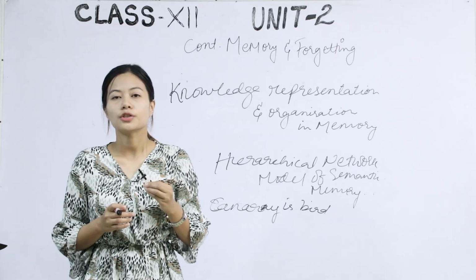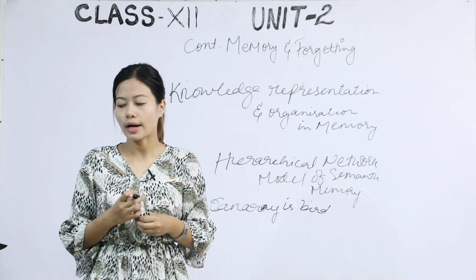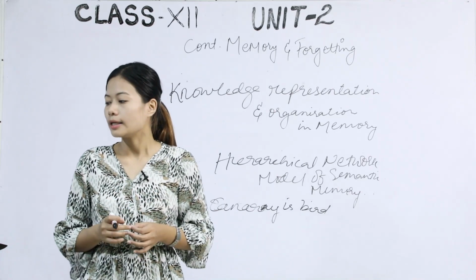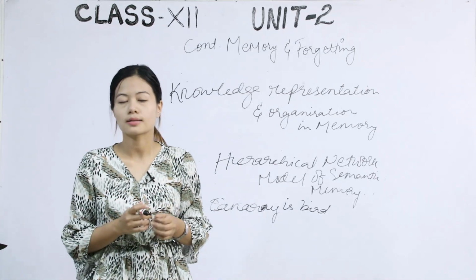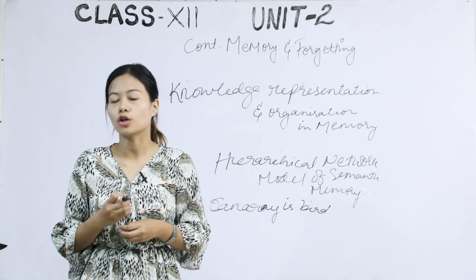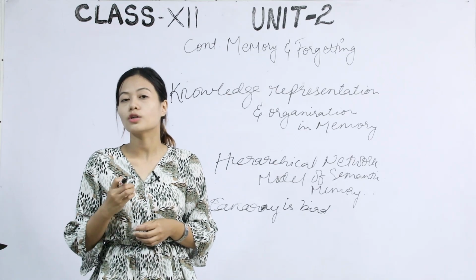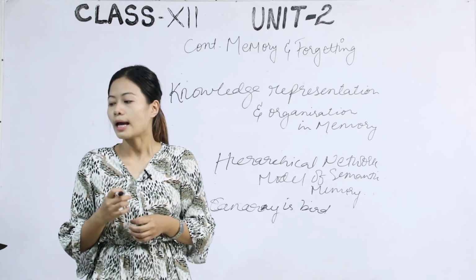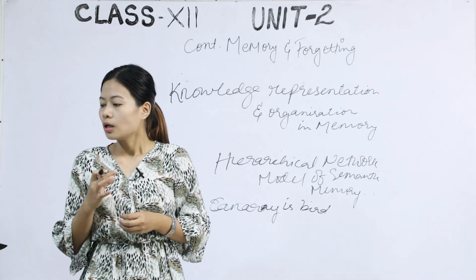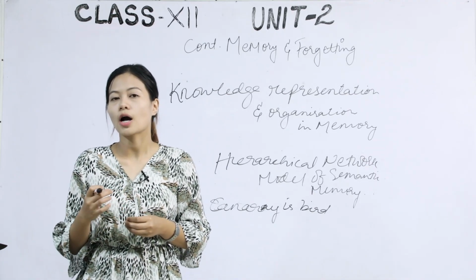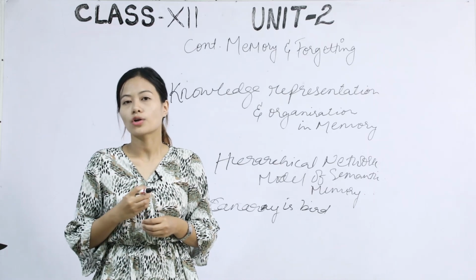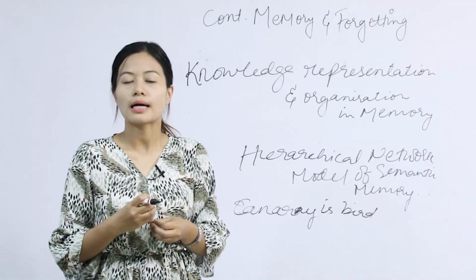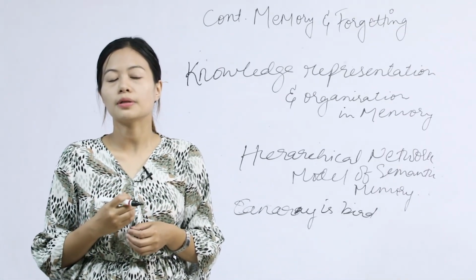One can further notice that the properties characterizing a particular class of things are assumed to be stored only at one place in the hierarchy that corresponds to that class. This assumption is based on cognitive economy. Now, what is cognitive economy? Cognitive economy refers to information being stored at one level of the hierarchy and not repeated at any other levels. A fact or concept is stored at the highest level to which it applies. For example, fish would be under the category of animal and not just as fish.